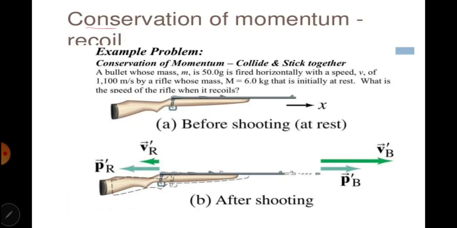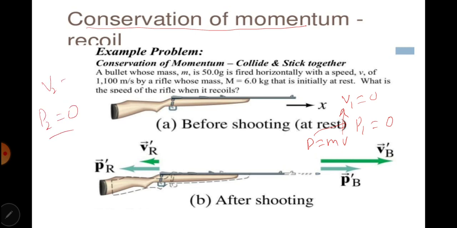Now, conservation of momentum of a gun. At this state, the bullet is at rest, so the bullet velocity is 0. The momentum of the bullet is 0, because momentum is the product of mass and velocity. So velocity is 0, momentum will be 0. The gun is also at rest, so its momentum is 0, because the gun velocity v2 is equal to 0. Now when the bullet is fired from a gun, the gun recoils